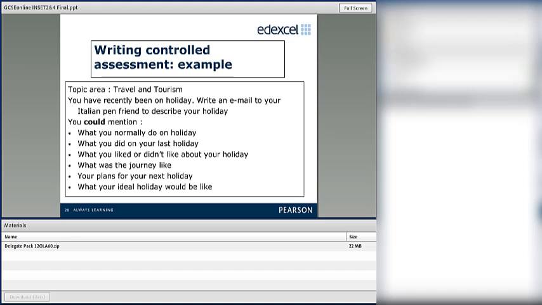Please notice that in the instruction it says you could mention, the could is highlighted. Now that is important, because if you write your own assessment and you write something like you must mention, then the candidates that do not cover all bullet points will be penalized under content. Well, if you say you could mention, and in fact if you use the Excel ones, you will see that they all say you could mention or you may mention, then that means it's up to them. They can cover all of them or just some of them, and they will not be penalized for that.